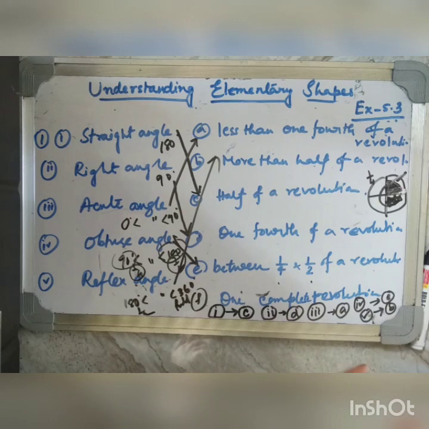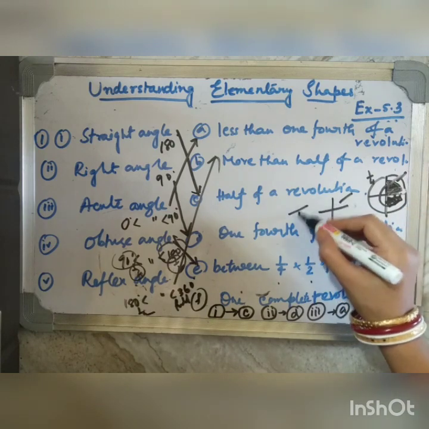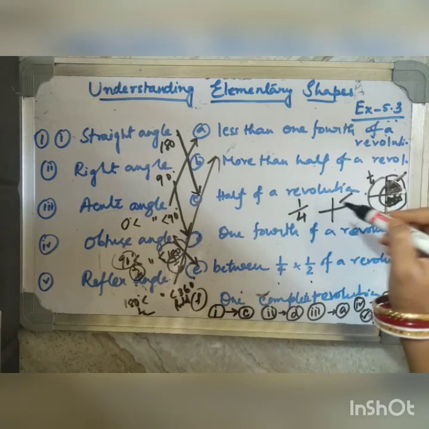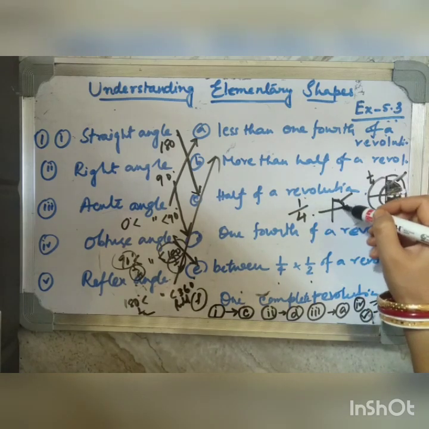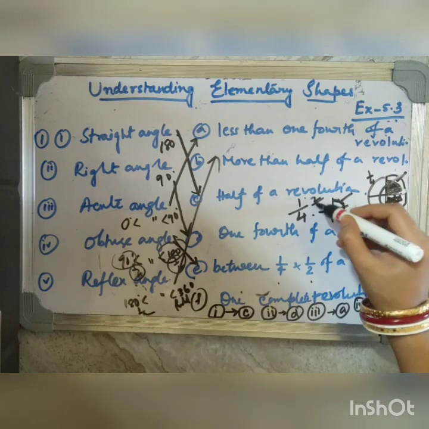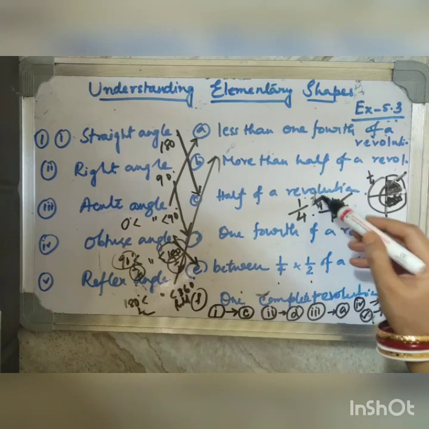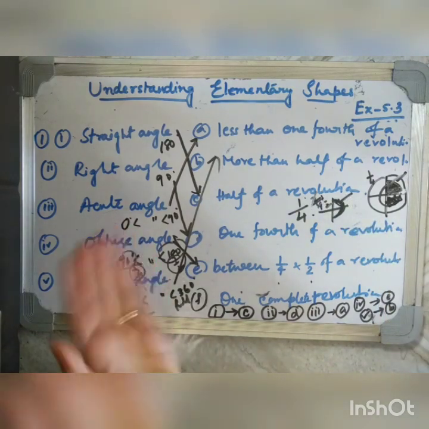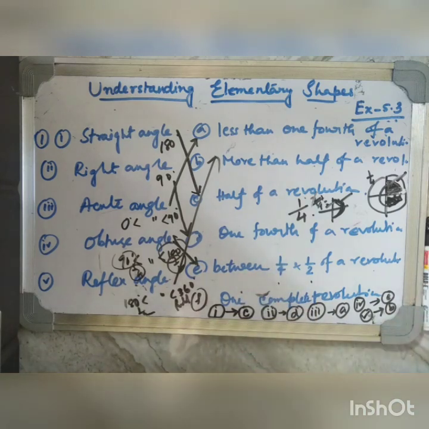Okay. So first you need to remember that 90 degree means one part. So each of the complete number of parts is 4. If we take this part only, it will be 1/4. If we take these two parts, it will be 2/4. These two parts means this is 180 degree. So 2/4 means also 1/2. So 90 degree means 1/4 of the revolution. 180 degree means half of the full revolution. And 360 degree means complete revolution. We all know this very well. Now let's come to the next sum.